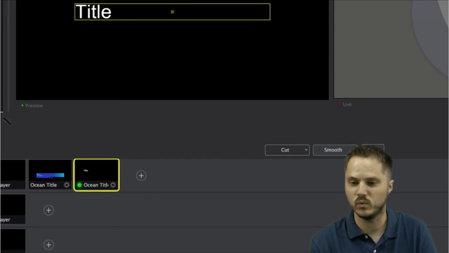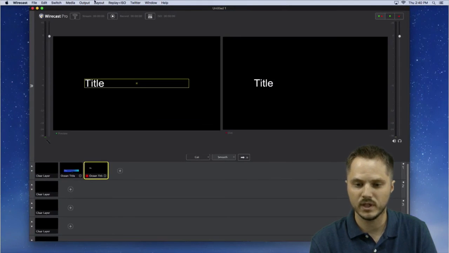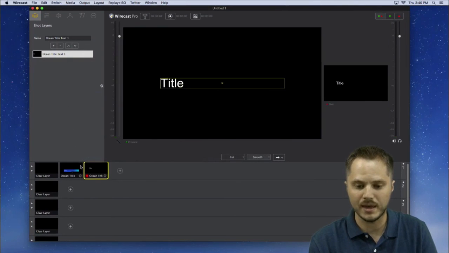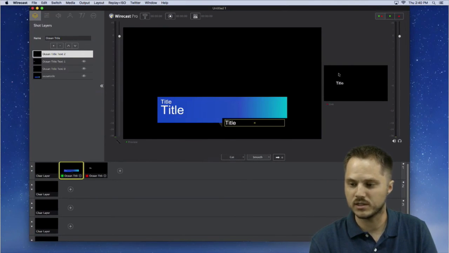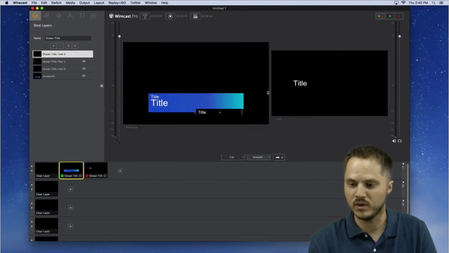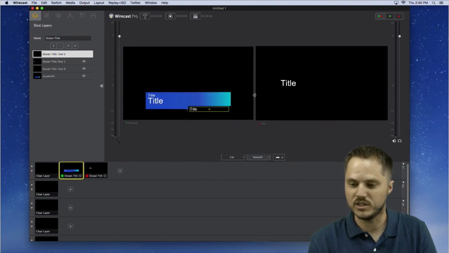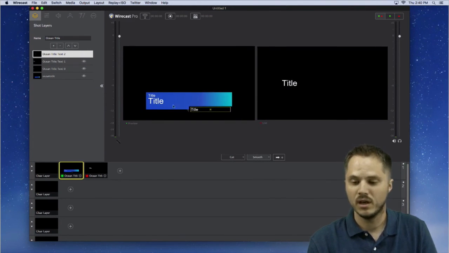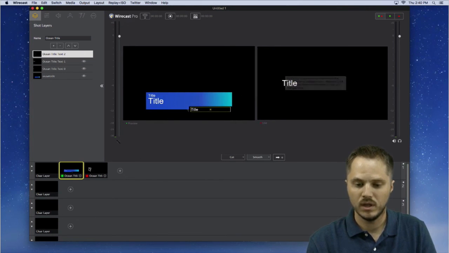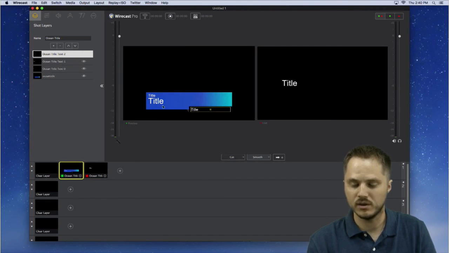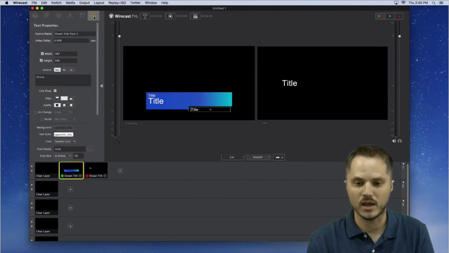And let me give you a real example of that. This is the best way I can describe it. It's better just to show you. So if I open my editor here, I have two shots, one in live and one in preview. They have different positions, so one is higher up the screen, more in the middle, and one is on this ocean title down at the bottom. But they are in fact the exact same shot or content.